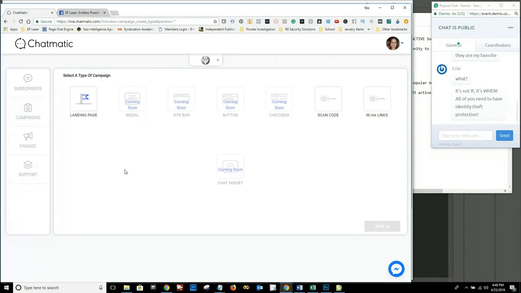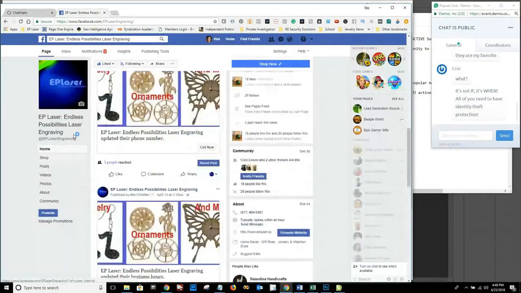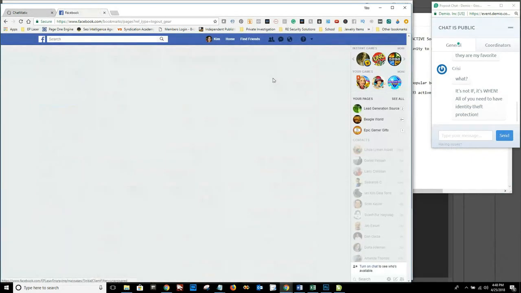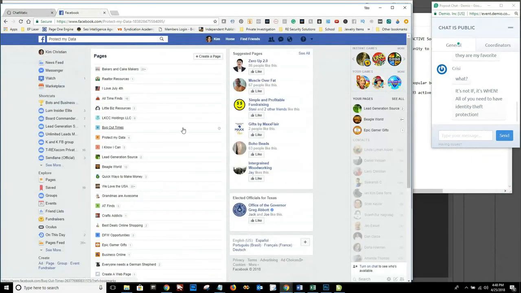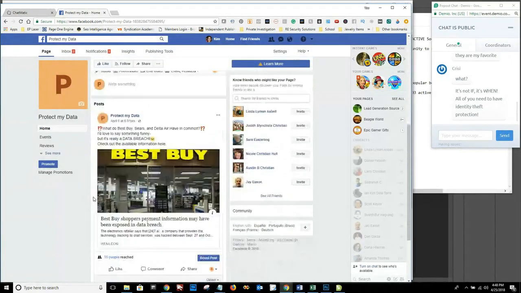I know you still have to do it manually if the comment triggers won't work, but you could reply with the link to the quiz instead. And then somebody else doesn't necessarily have to comment to get it, though, if you leave it public. But you can do a private message to them, too. So when somebody comments on a post, you could always just, instead of sending it to them publicly, which is great that you're doing that,